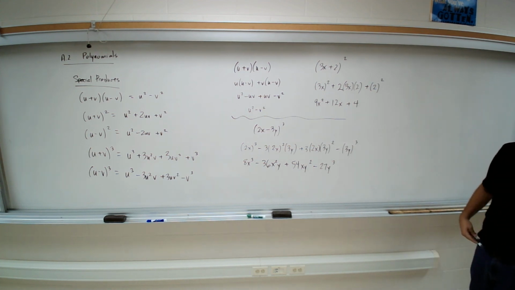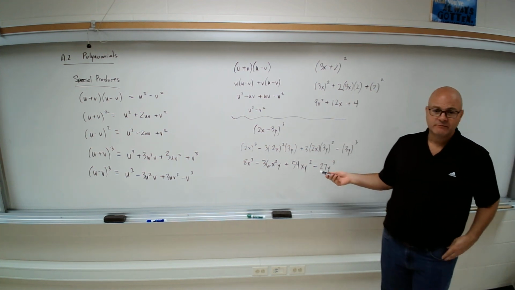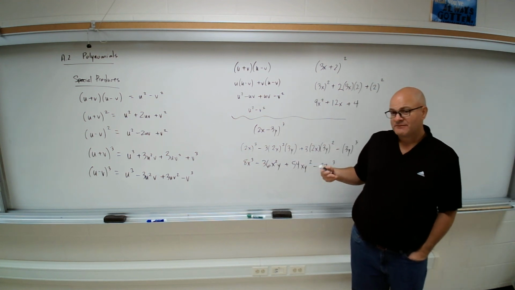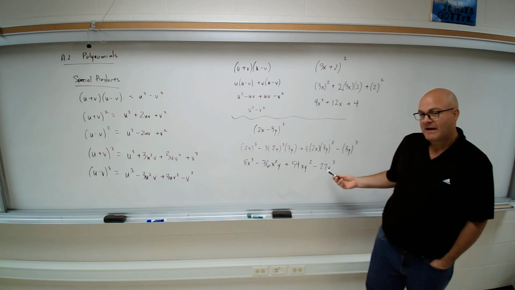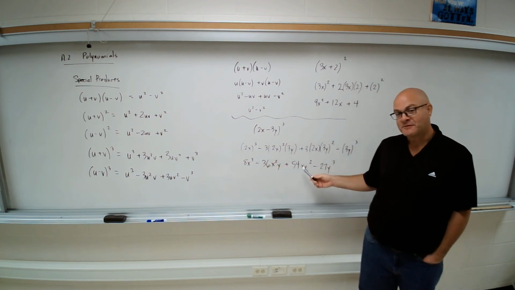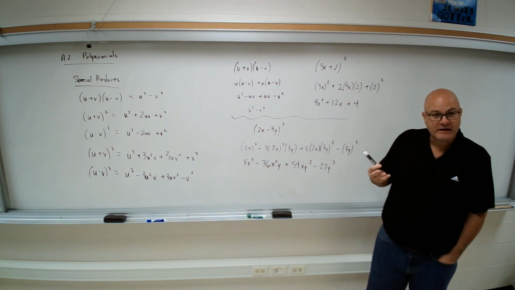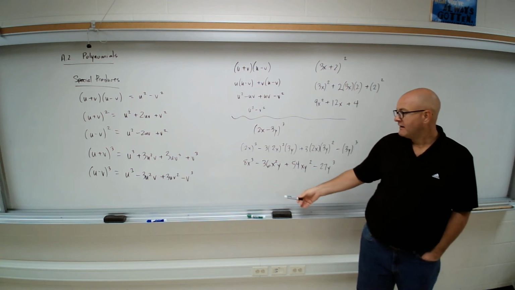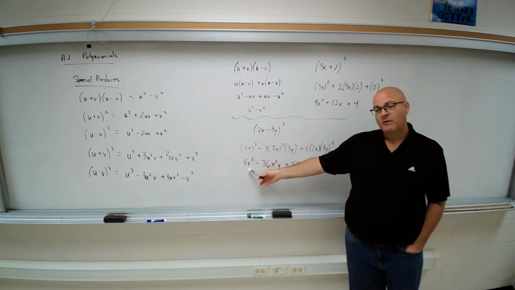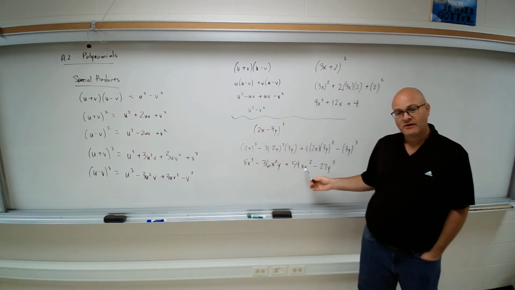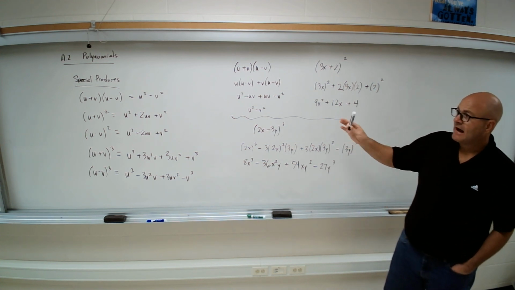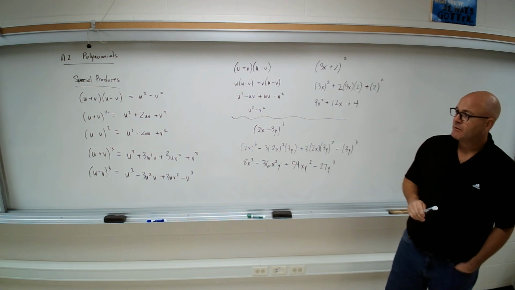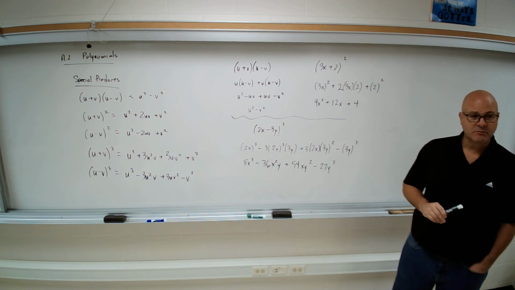We don't run into these a ton, but if you do have two variables, a lot of times your standard form is, if you think back, they're all degree 3 terms because they all have 3 unknowns in them. Usually you start with the one with the most x's and decrease and go down that way. Okay. But again, I would encourage you on the book work tonight, there's some special products practice that you want to look